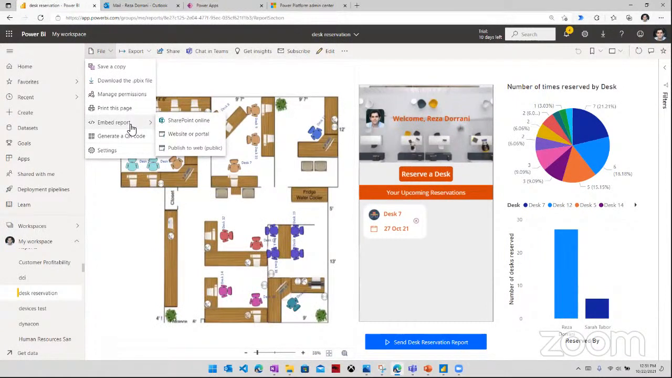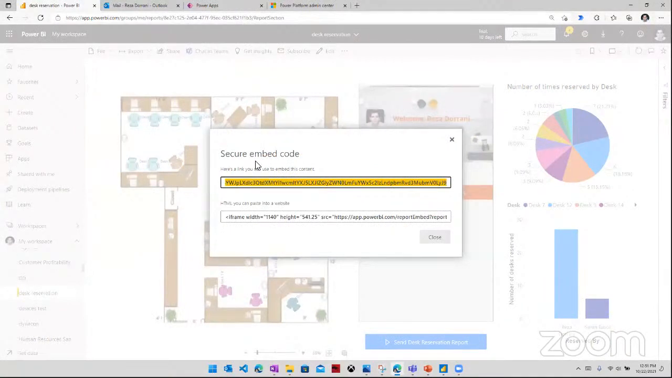If I go to embed report, we have this option where you can embed this report into something like SharePoint or a website, or have it publicly available. In this case, let's say I pick website. Now this link that you get here right on the top, if I just copy this link,